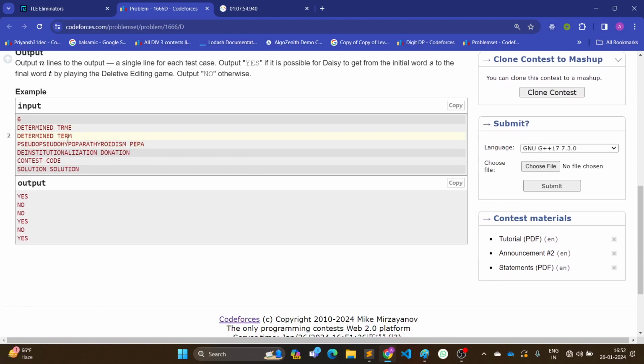ओके सो बेसिकली तुम्हें बताना है कि क्या तुम्हें ये टर्म मिल सकता है, कभी टर्म नहीं मिल सकता है, क्योंकि पहले मैं अगर ई हटा दूँ, फिर डी हटा दूँ, नाउ आई नीड टू रिमूव आई एंड ई, डी राइट, तो ये नहीं मिल सकता है। नाउ इट इज पीपा, सो लेट्स से आई रिमूव एस, ई। तो डी तो प्रेजेंट ही नहीं, तो मेरे को नहीं मिलेगा सॉल्यूशन।